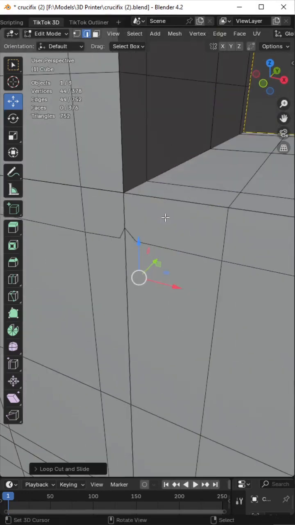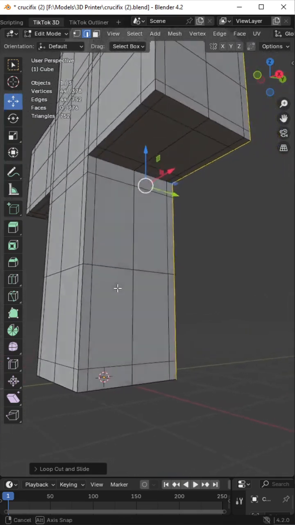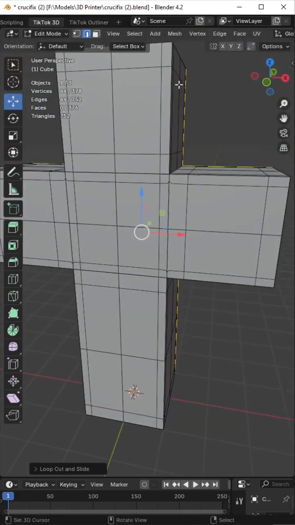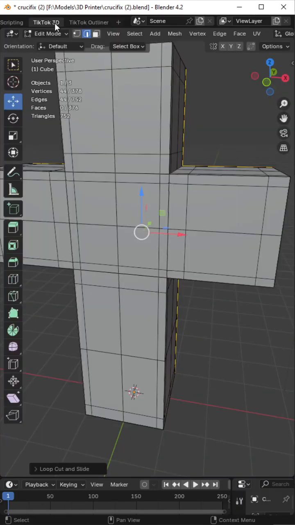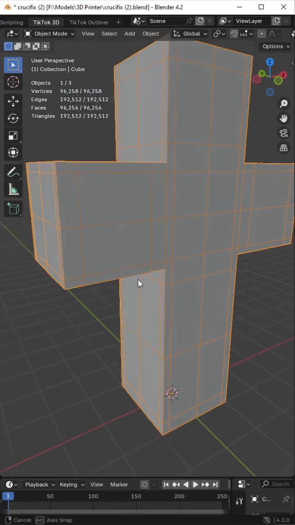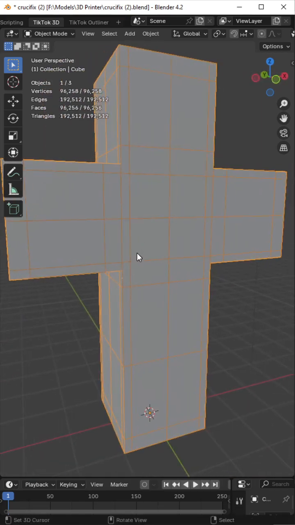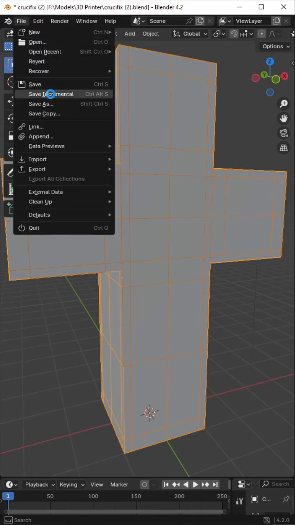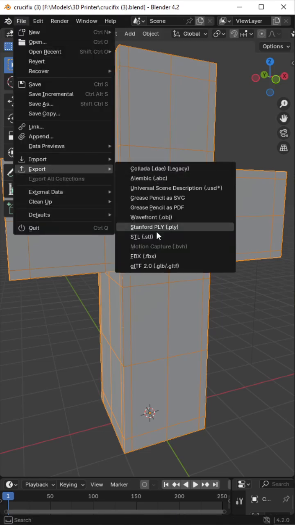But that's how we get our sharp edges. Increase our subdivisions. So now we're dealing with something that's got 96,000 faces. So if we save that, file, save increment, export, file, export, STL,